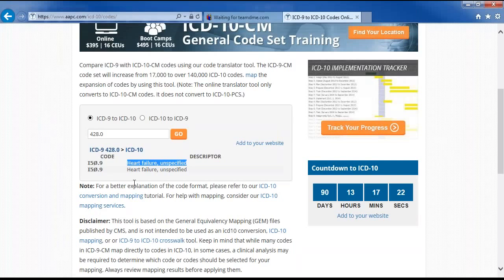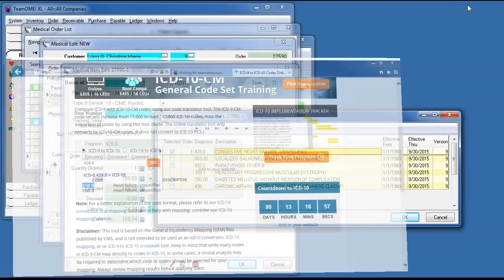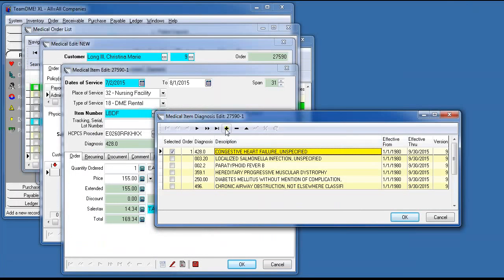Okay. Now, this is what is referred to as a one-to-one conversion. In other words, there is one ICD-9 code, 428.0 here, that maps to one code, I50.9. Now, ICD-10s could map to 15 different codes, but that's not the case with this particular code. Okay, so we have one code there, so I'm going to add an